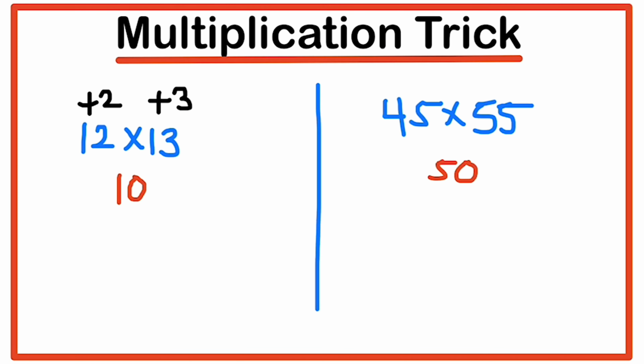So how will we solve it? We will add these two numbers, 12 and 3 together, or you can add 13 and 2 as well. It will remain the same in both cases. So that will become 15. And then multiply that 15 with 10. Whatever base we assume, multiply that with the base. So it will become 150.